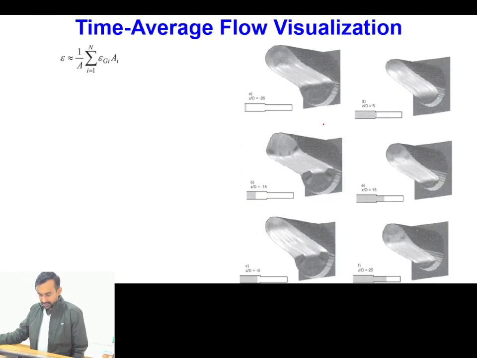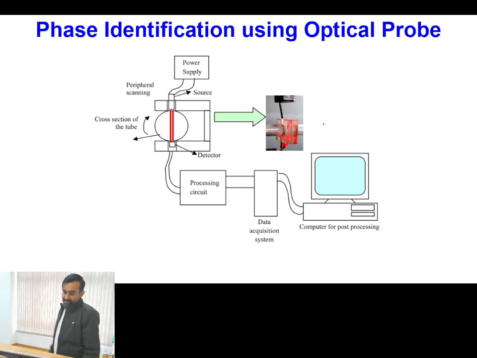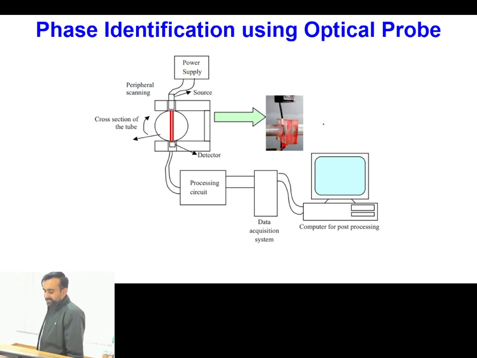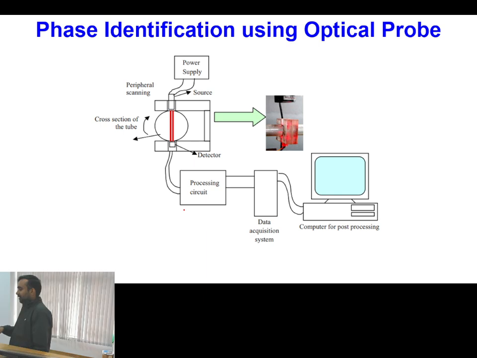Let's also now discuss this. Let's quickly discuss how these signals can be used for phase identification. If you have to use this signal for phase identification, initially what is our interest? Our interest is two things. First is phase identification and second one is phase